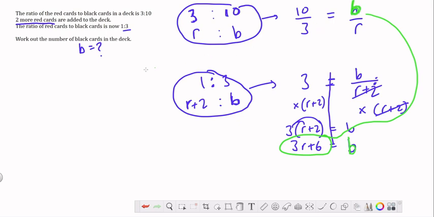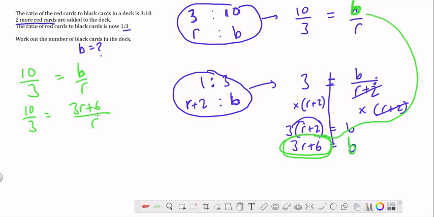Let me just carry on with the working out here. You've got 10 over 3 already equal to B over R, but I'm replacing this B with 3R plus 6. So 10 over 3 is equal to 3R plus 6